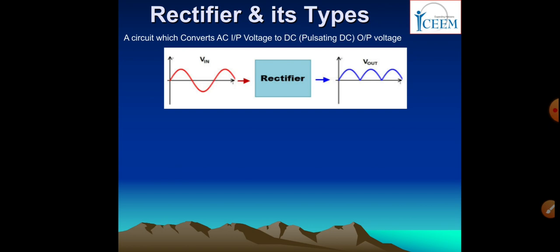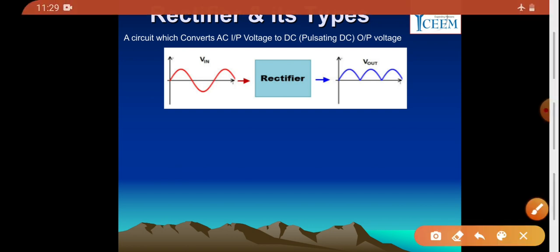As you can see here, the input voltage applied to the rectifier is a sinusoidal waveform and you are getting the pulsating DC signal having a polarity, that means plus and minus. So you can see the output of the rectifier is above ground or above zero. Only positive peaks are there, no negative peak. Okay, so how can we define a rectifier?